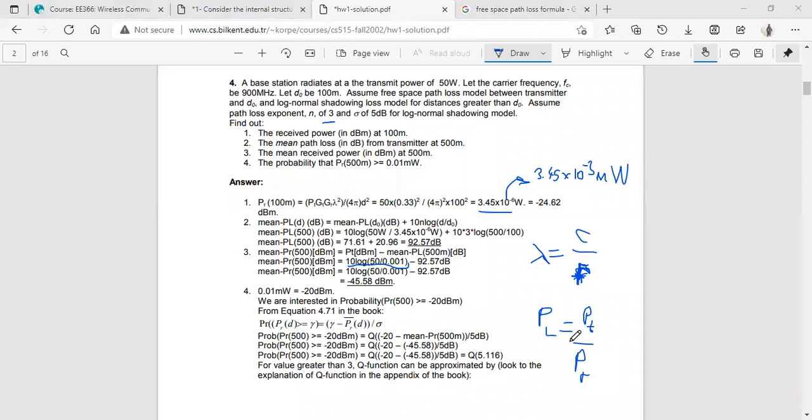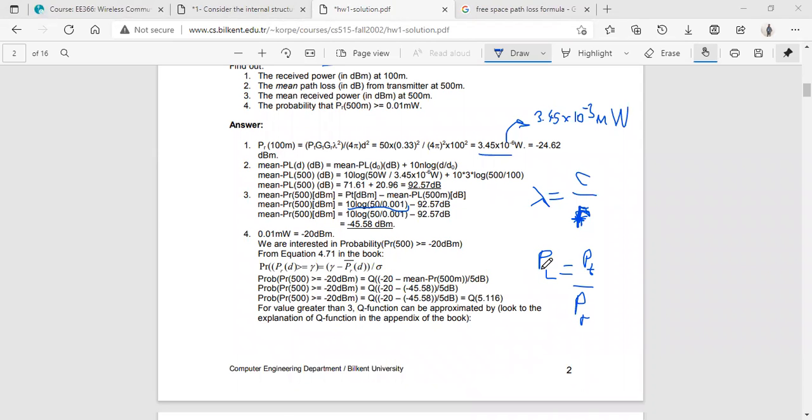you'll get this into dB, right? So the PL value in dB is equivalent to the transmitter power in dB minus the receiver power in dB. Once you have that, if you take this PR to the other side, we have to find PR, right? So what happens is, if you take the PT to the other side,